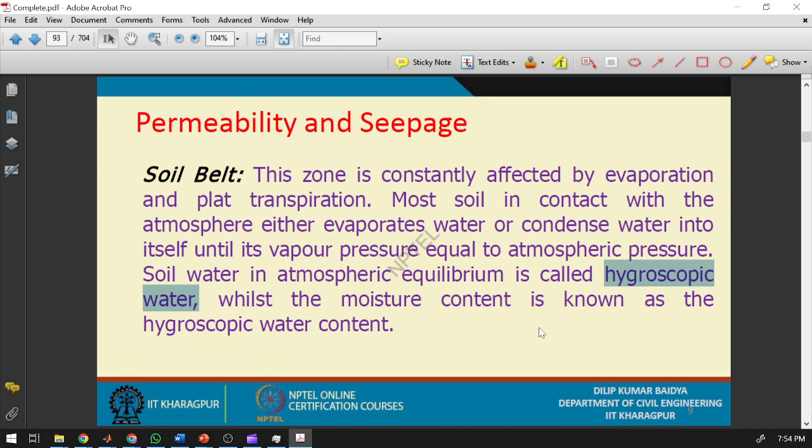Yeah. No, no, the field capacity also is geotech. In unsaturated soil mechanics, you have that soil water characteristic curve, SWCC. So from that you have this residual and the